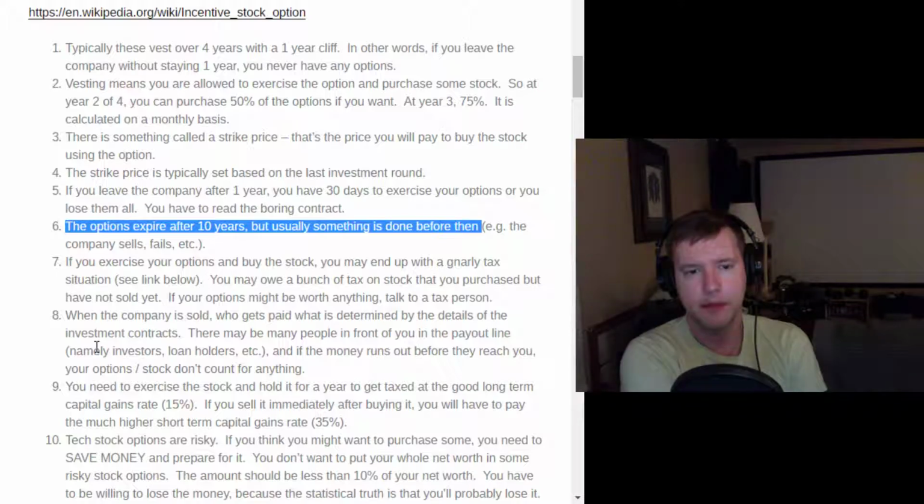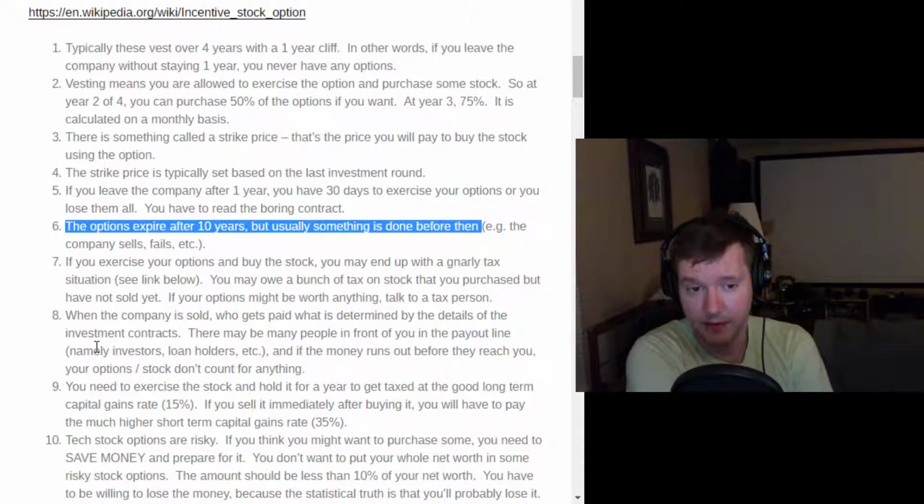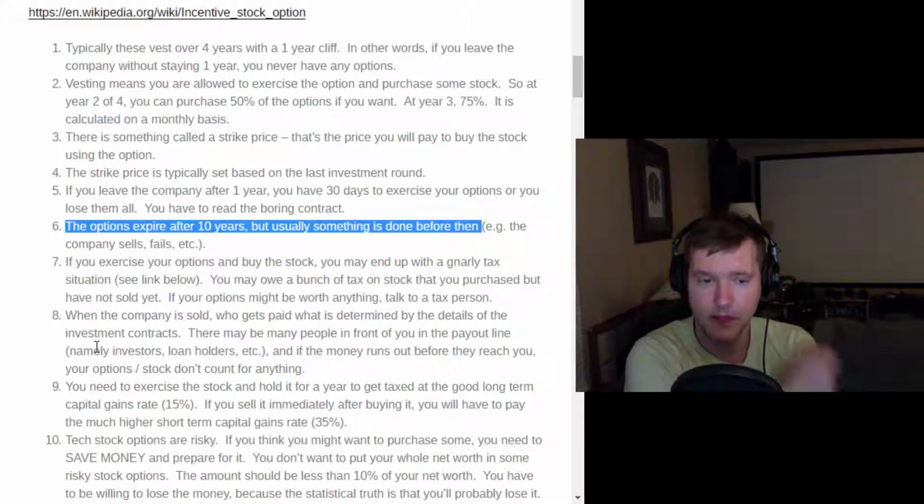So if I went out and I bought Google stock, and Google stock like doubled, and I sold it next week, then I would have made a nice amount of money, but I would need to pay 35% of that profit in taxes, and that's no fun. However, if I bought Google stock and I held it for a year and it doubled in value, then I would only pay 15% on the profit, and that's a much nicer tax rate.